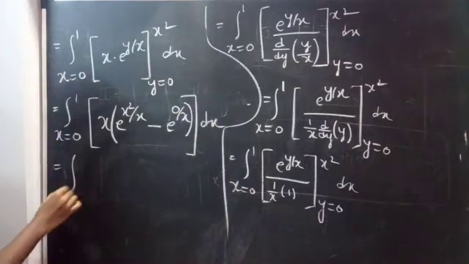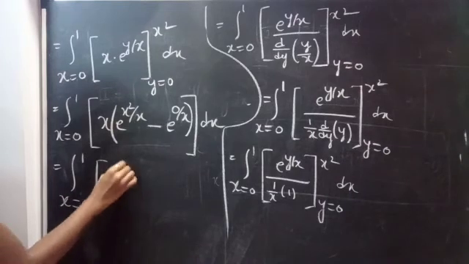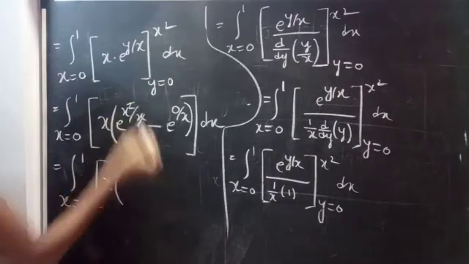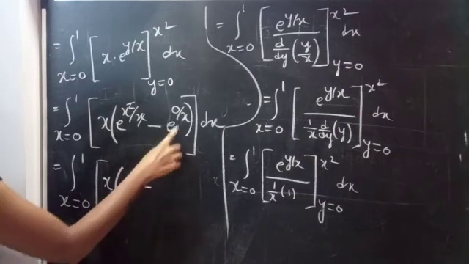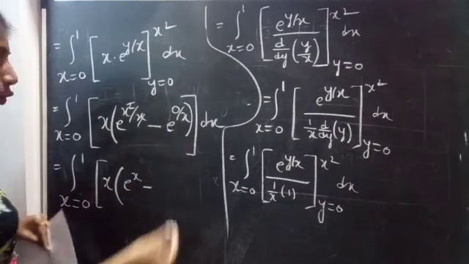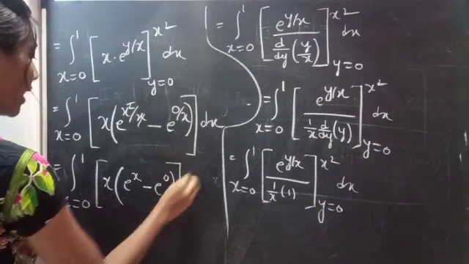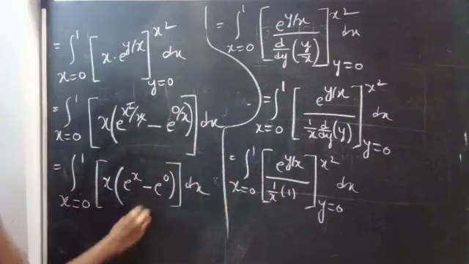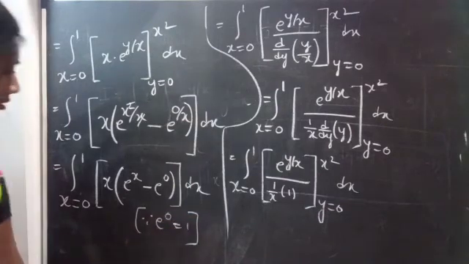So this equals the integral x equals 0 to 1 of x into, x square by x, x gets cancelled, so e power x, minus e power 0 by x. Since e power 0 is equal to 1,